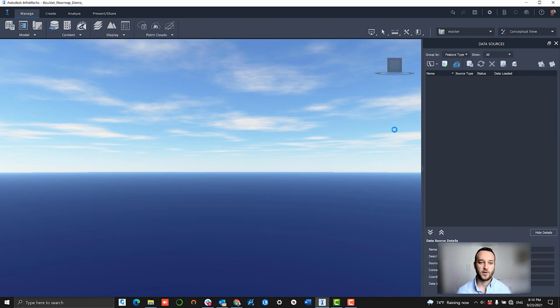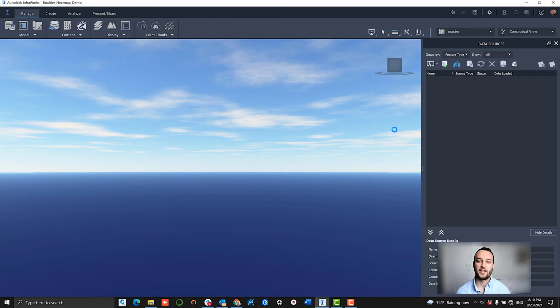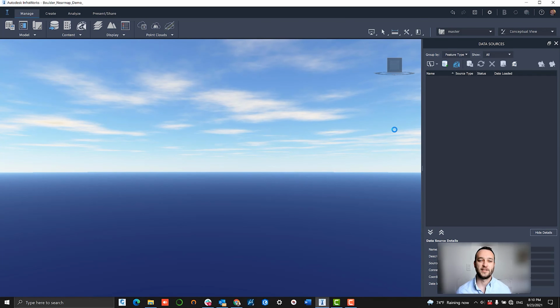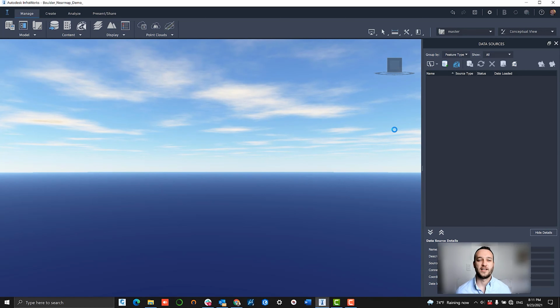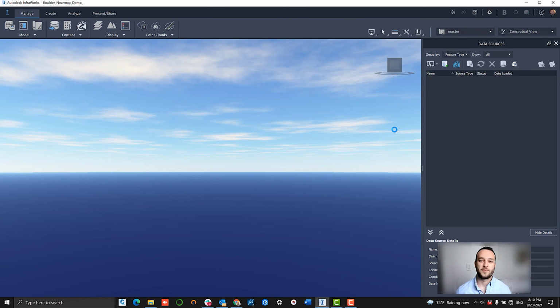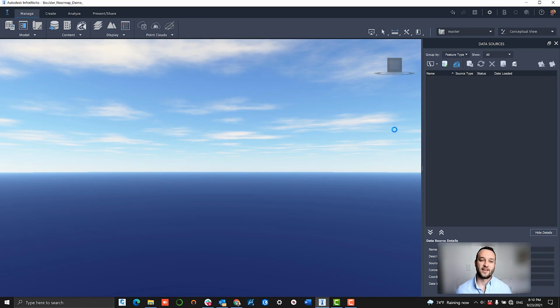So in the case of InfraWorks, this vector data is going to be loaded in a shapefile format, and it's going to help us directly create a lot of these really interesting InfraWorks 3D objects like buildings, trees, different ground cover types, roads, things like that.